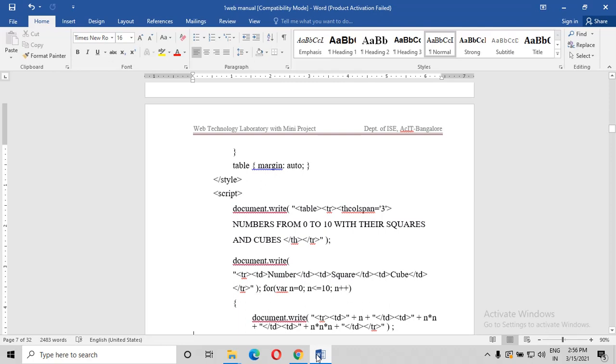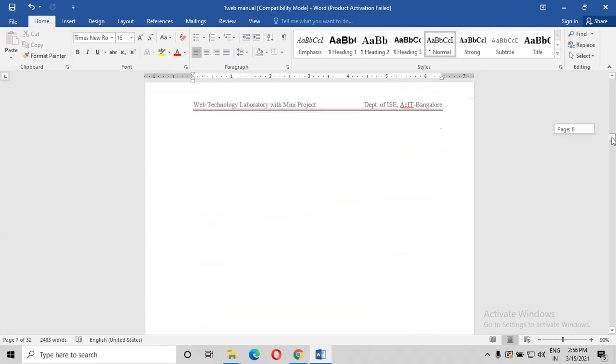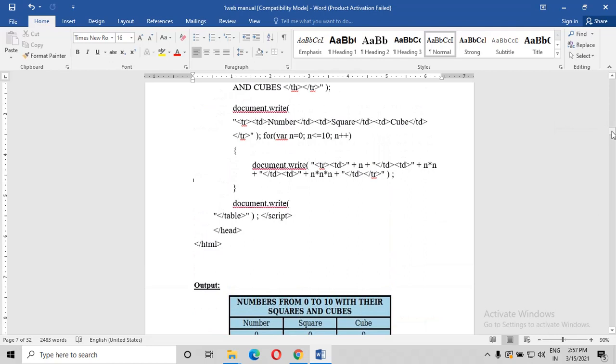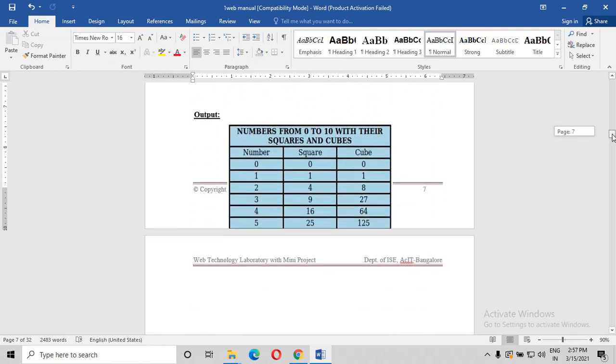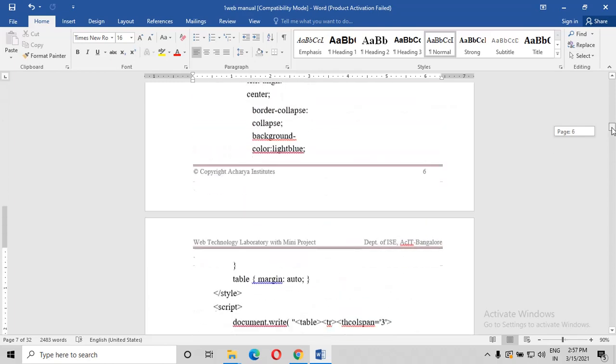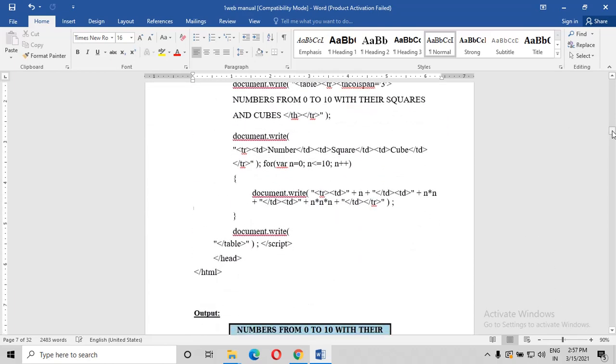So what does this column contain? What is that particular number? You can see here, I can show you. The heading is the numbers from 0 to 10 only, they have asked. So the numbers, and the number's square, and cube. 0 to 10 is the number. What is the square of 0? 0. And the cube. And for 1, what is the square? Yes, you can easily calculate. The same thing is what they have asked here. So once you have created the table and the heading by choosing the column span as 3, the next step is the table row containing the number, square and the cube. That's what I've given here.